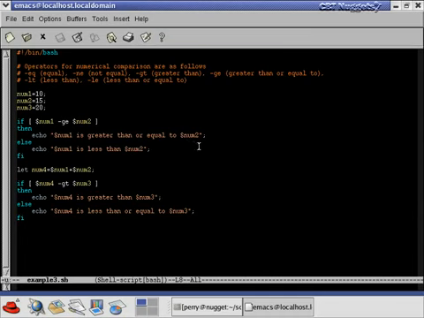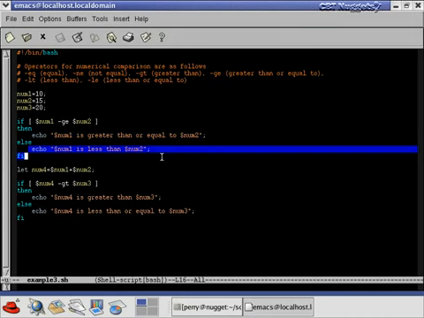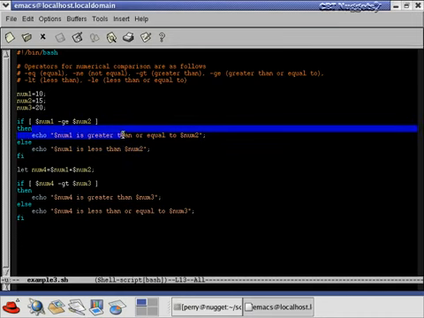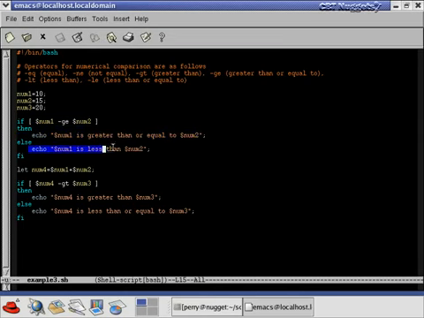One of these two things is always going to be executed, either the stuff under then or the stuff under else. Well, when's the stuff under then going to be printed out? The stuff under then is going to be printed out if num1 is actually greater than or equal to num2. And if it's not greater than or equal, then we're going to say num1 is less than num2. Pretty basic. Then what I'm going to do is use the let statement and assign the addition of num1 and num2